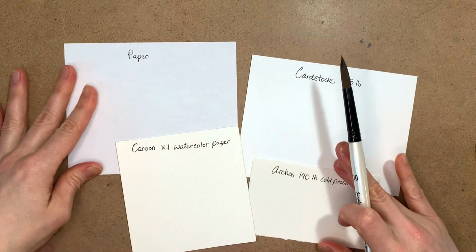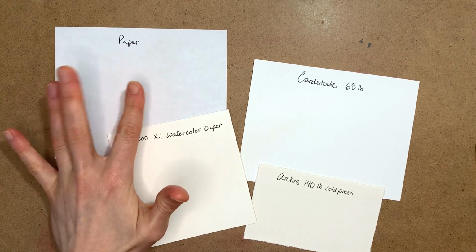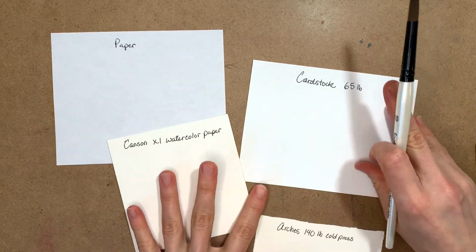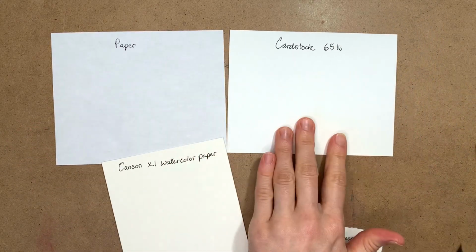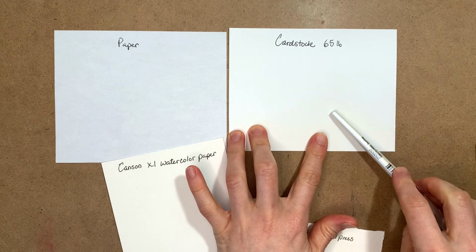So let's go ahead and test. I've got a regular cheap paper. This is what I would print my cheapest things off on my computer with. It's very cheap. Then I've got cardstock, which is a 65-pound. This is the Recollections from Michaels. It's definitely a higher quality than this, and this is what I'm actually going to be using because my printer